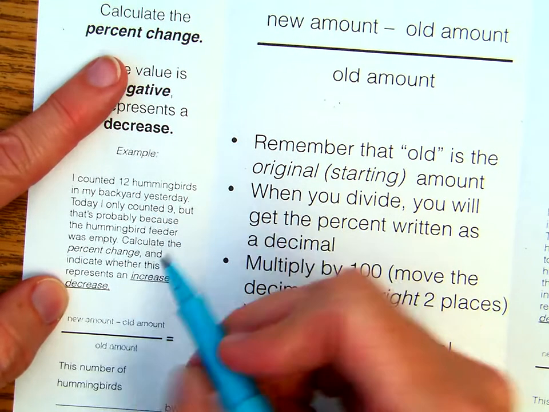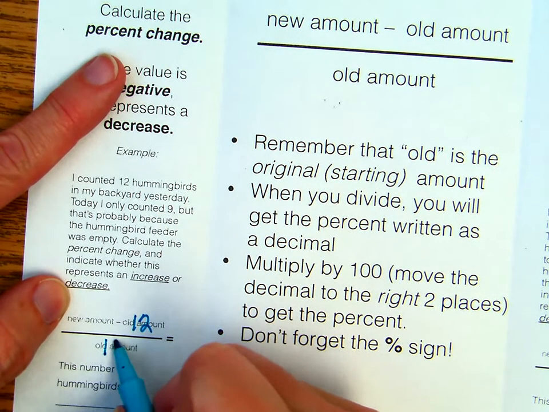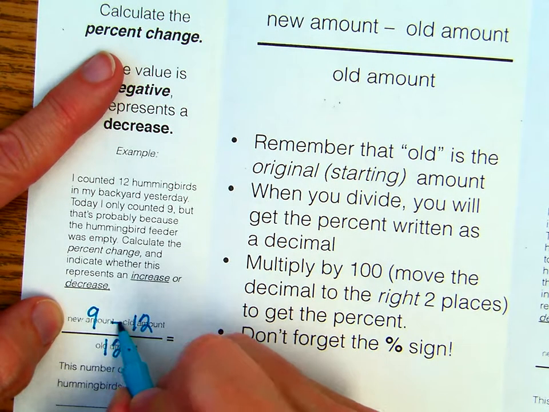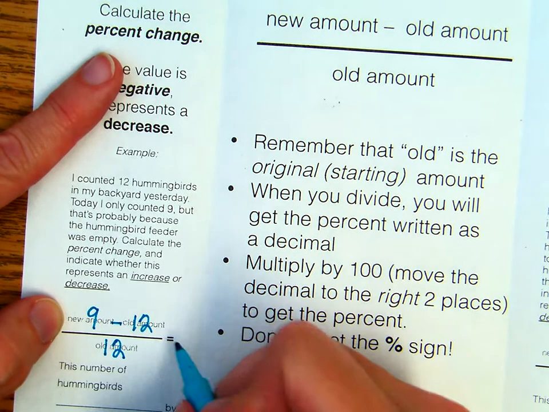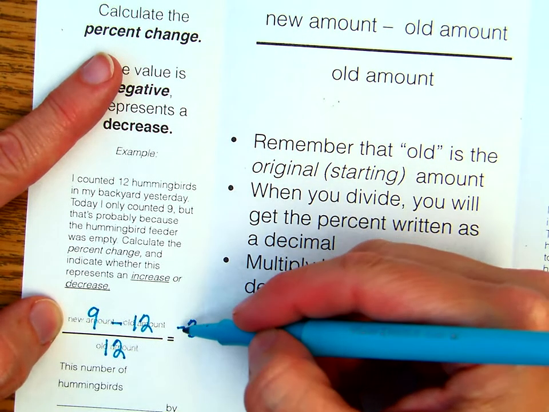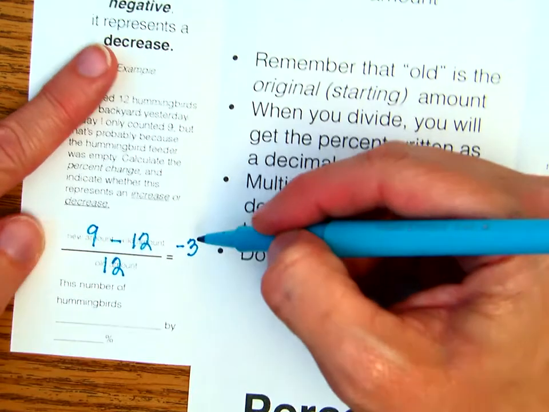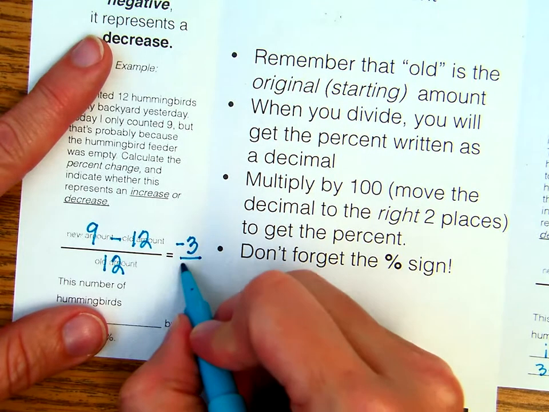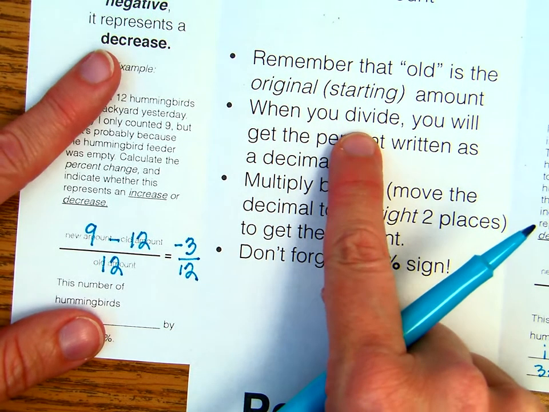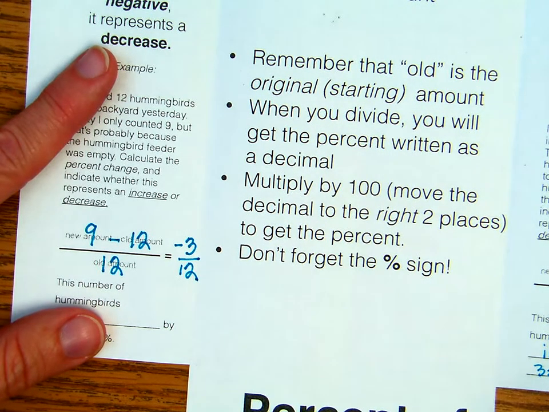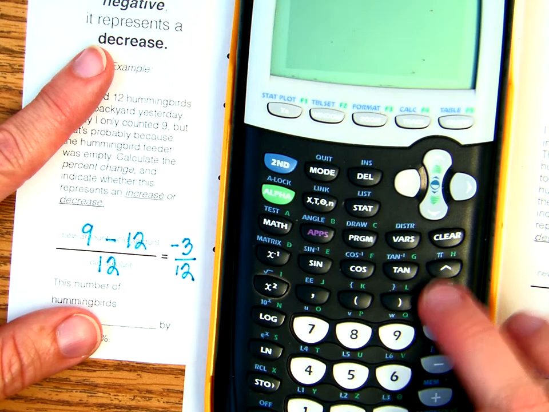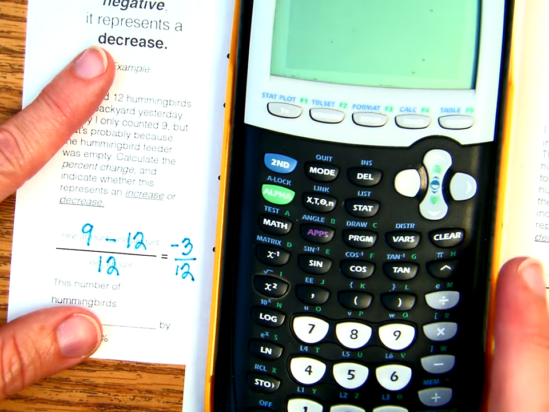Well, the old amount was the 12 hummingbirds I had previously seen. The new amount is the 9 hummingbirds I saw today. So that's 9 minus 12. 9 minus 12 is negative 3. That indicates that the number of hummingbirds went down 3 from what I had previously counted. So it's negative 3 over 12. Our next step is to divide negative 3 by 12. Negative 3 divided by 12 is negative 0.25,